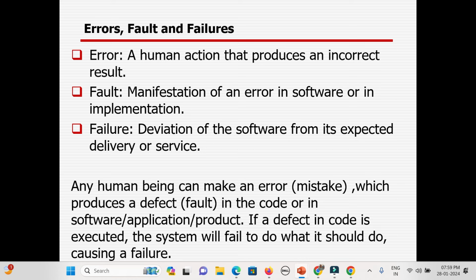That is called error. A human action that produces an incorrect result means the development team is not doing the development properly. There are a lot of reasons. So that is called error. You are having some problem in your stomach or another organ, so the error is there.